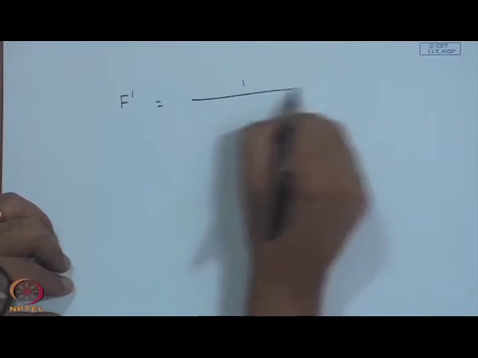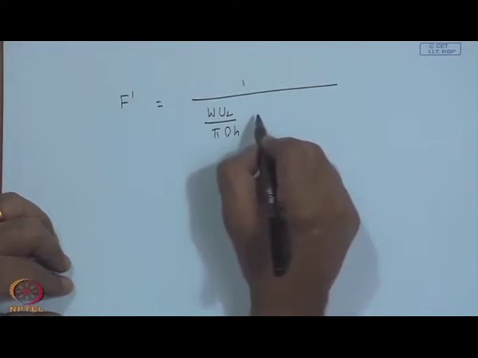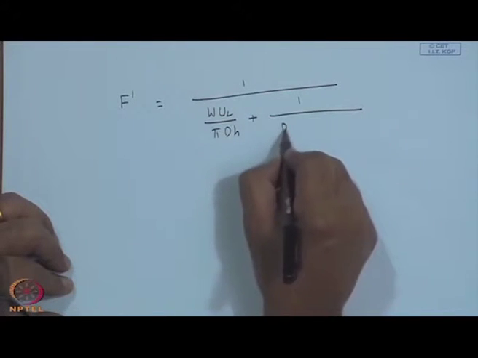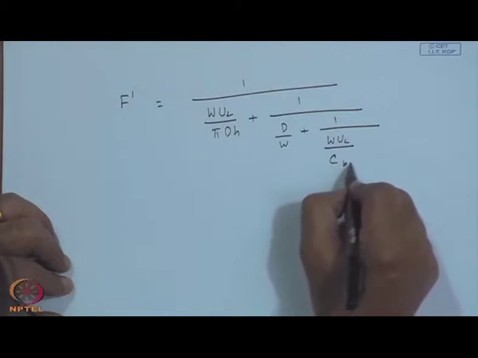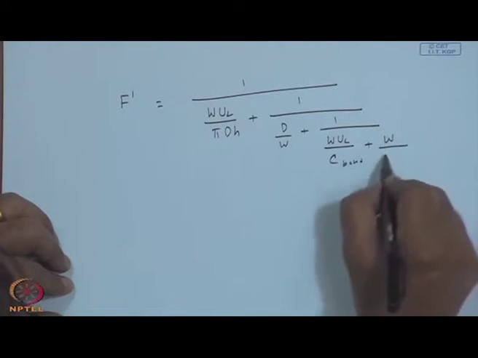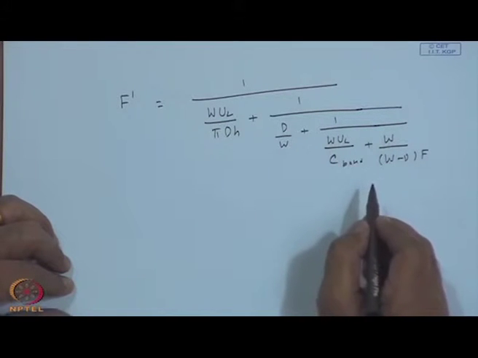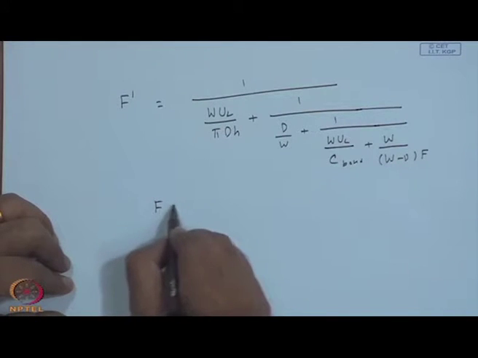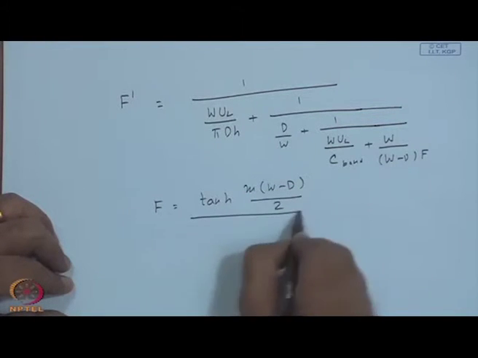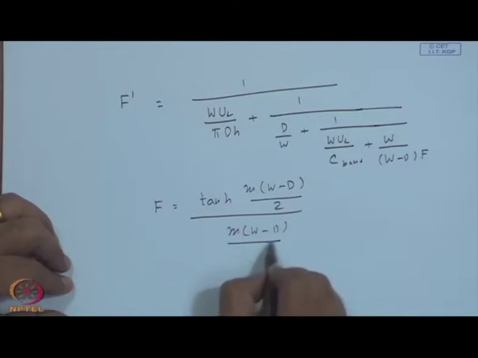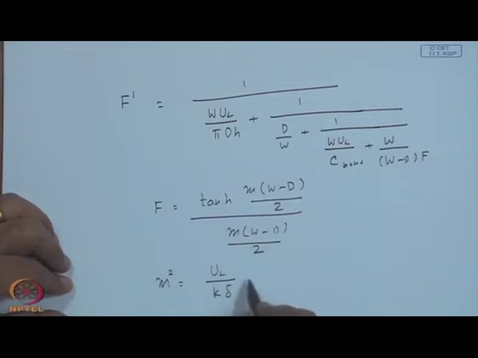this F dash will be 1 upon W U_L by pi d h plus 1 upon d by W plus 1 by W U_L by C_bond plus W by (W minus d) times F. Again, the fin efficiency has the same expression, F is tanh[m(W minus d)/2] upon m(W minus d)/2, where the fin parameter m squared is defined by U_L by k delta. Recall